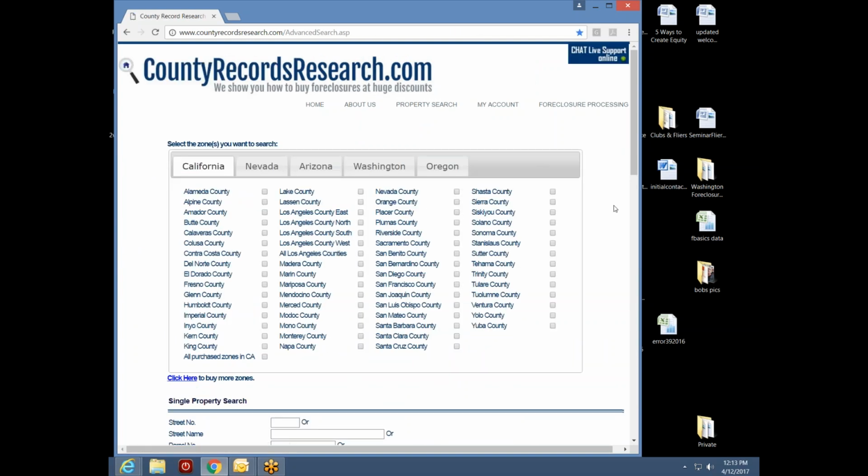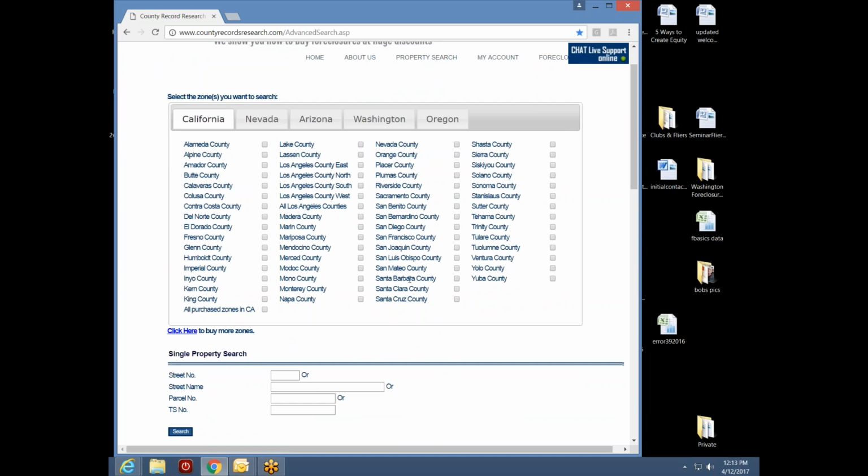So I'm back at my property search screen, and I'm going to select a county, and because we talked about San Diego, I'm going to select San Diego County. Notice I'm checking the box to the right of San Diego County. Notice San Diego County is now highlighted in blue. Also notice if I put my cursor over the San Diego County name, a little window opens up, kind of a yellowish, beige color, that gives me a bunch of cities: Carlsbad, Chula Vista, Coronado, Del Mar, etc. These are all San Diego County cities.